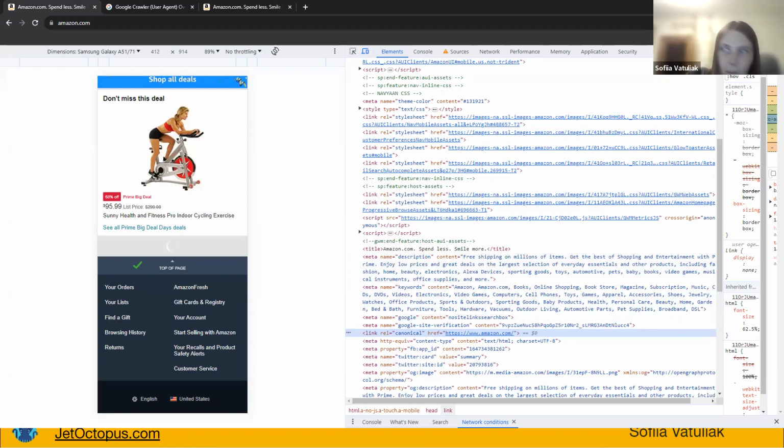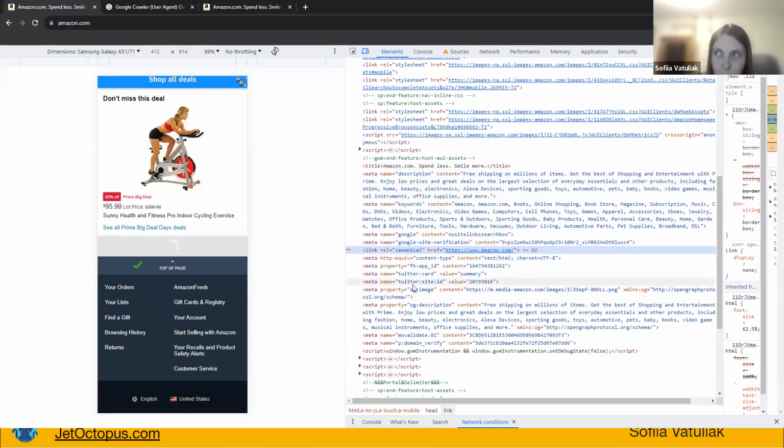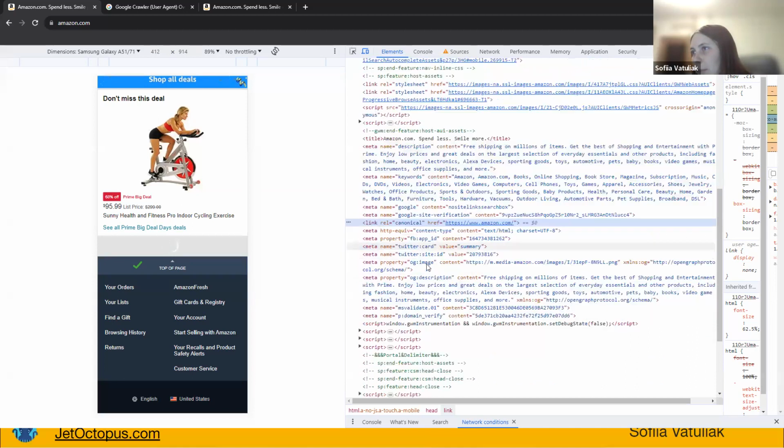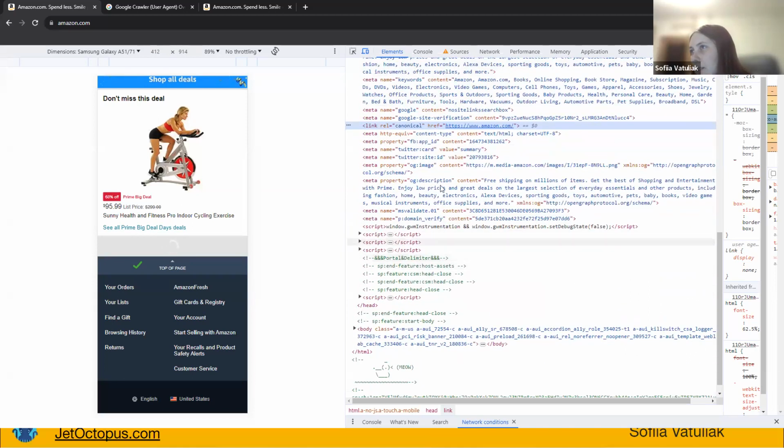It is the basic rules, and of course, I would recommend adding structured data to your raw code. Here we can see some Open Graph, but unfortunately there is no organization structured data and no breadcrumb list. If you have the opportunity to add structured data to your server-side rendering or to your dynamic rendering, it would